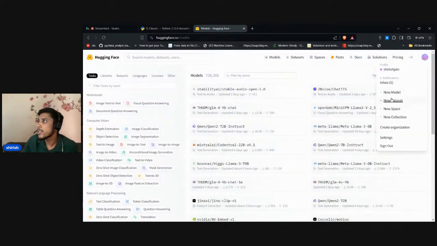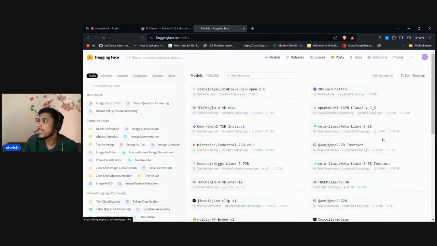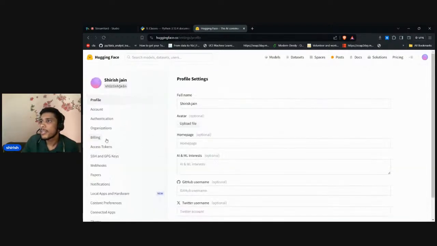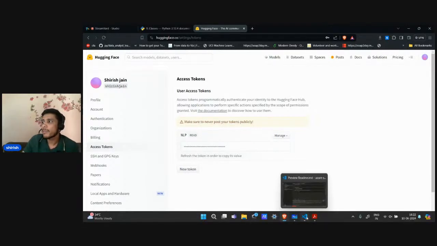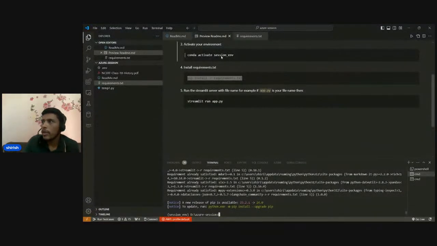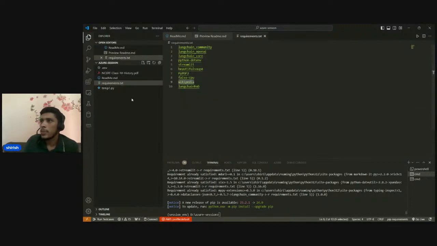So what you have to do is go to settings and access tokens. Here you will always have access tokens. You can just copy this particular access token and use it. For this use case right now, we are using only GPT 3.5. Okay,